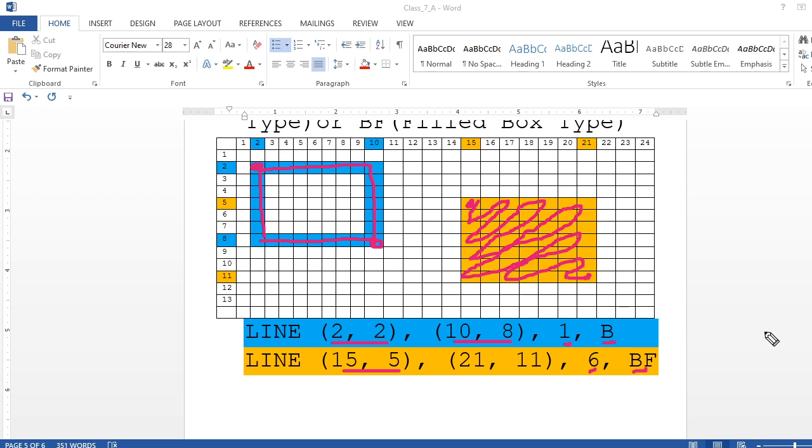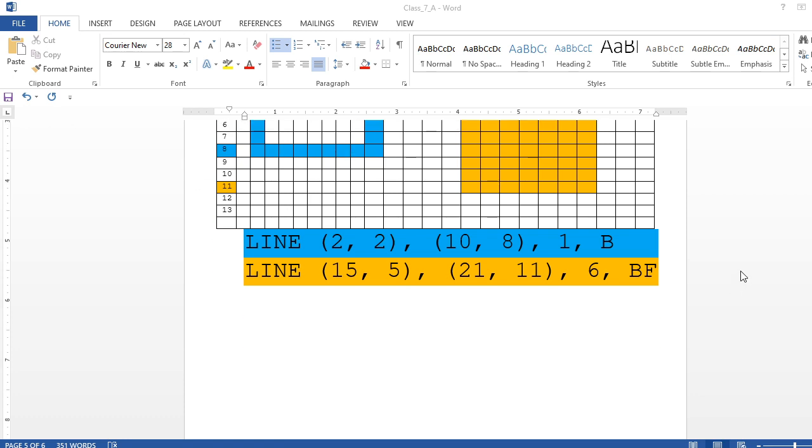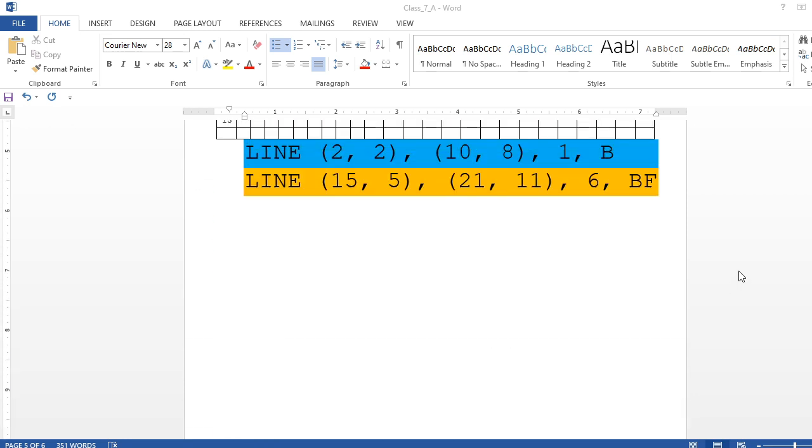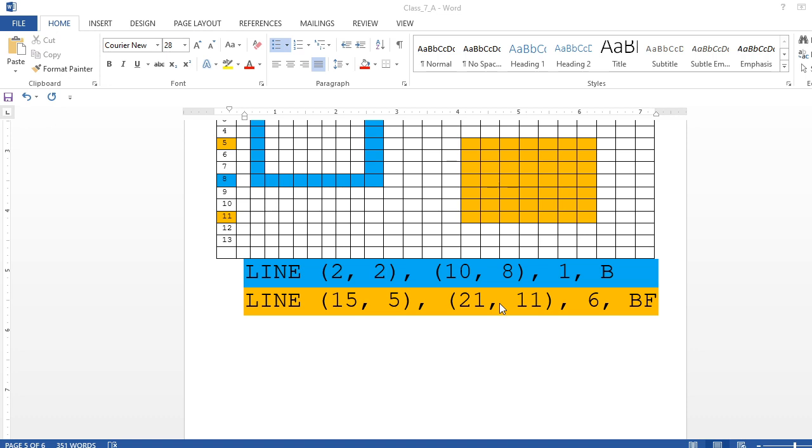Done. So here you put what color you are going to use, and a rectangle is going to come. I am going to show you this in practical. Let's go to the QBasic platform. Let us start QBasic.